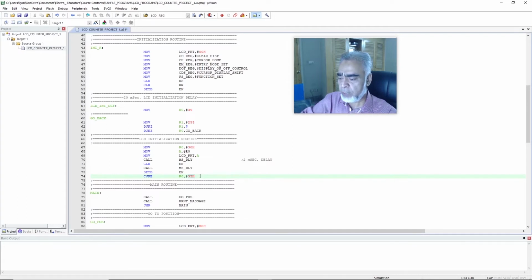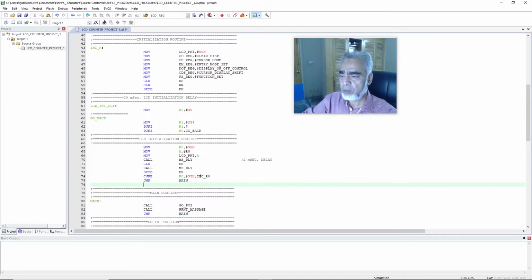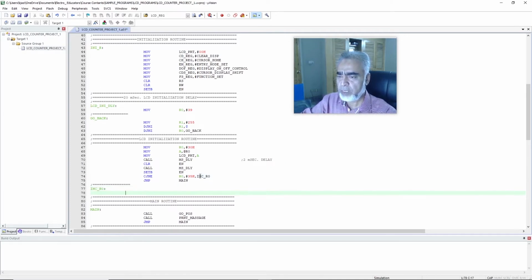So here we'll write INC_R0. But if the value of R0 is equal to 35H, then the program will jump to the main. So here we will write: JMP main, and here we will write the subroutine, that is increment R0, using a colon, and here we will write INC